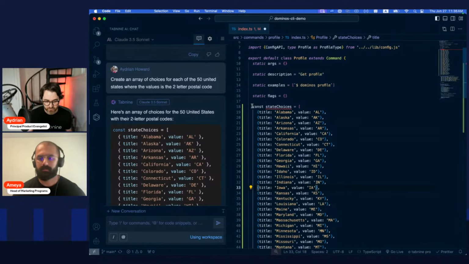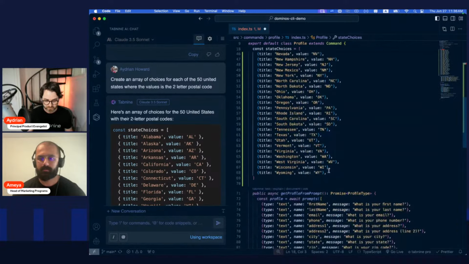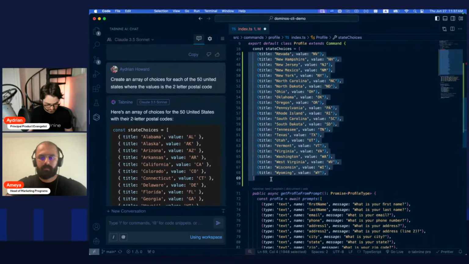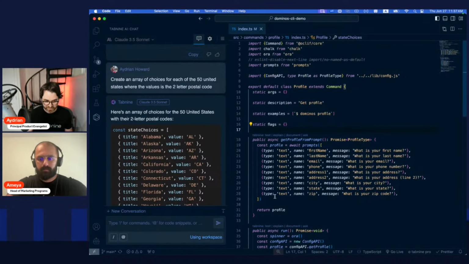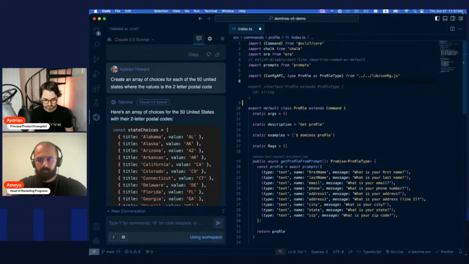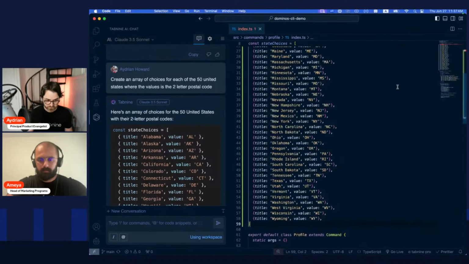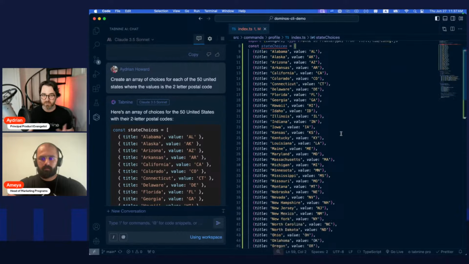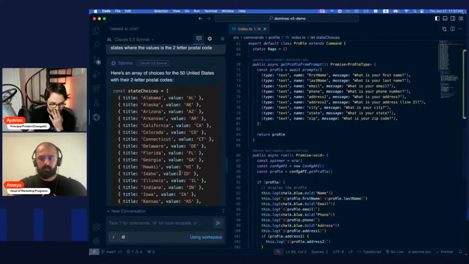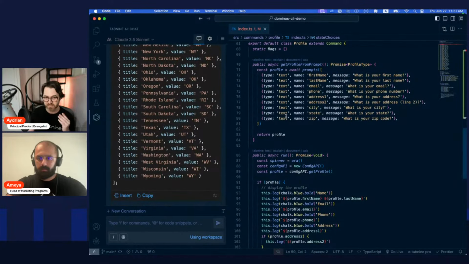And that's actually not where I want it. So bear with me. I'm going to put it outside of this export. Cool. So we've got state choices. It's mad that it's declared never used. We'll get there. And so now let's actually complete the ticket.